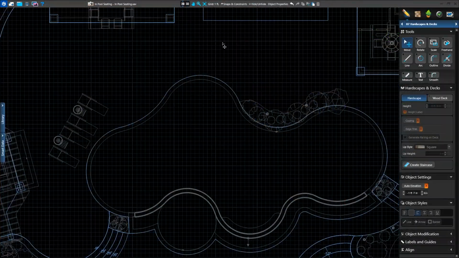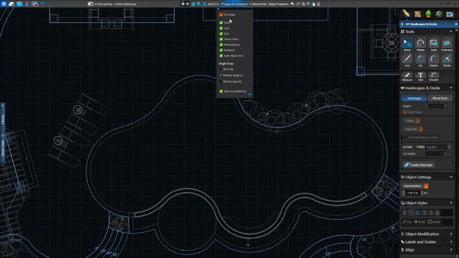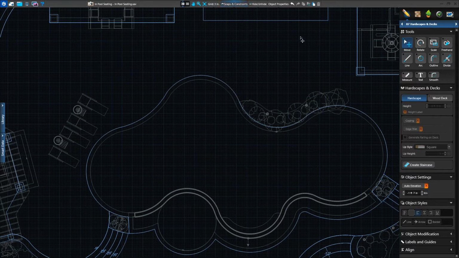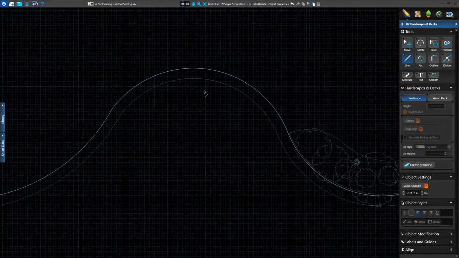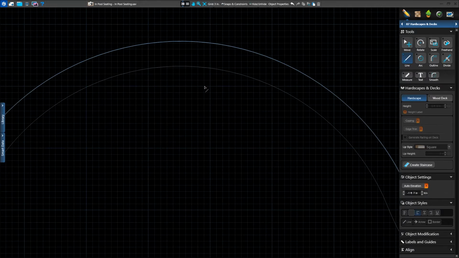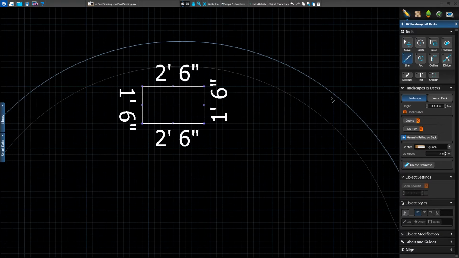We'll start by designing in the hardscapes and deck stage. We'll be drawing smaller shapes, so we'll set our grid to 3 inches. We'll also make sure all of our snaps and constraints are turned on. We'll create hardscapes inside of our pool. As long as the hardscapes don't touch the edge of our pool shape and are contained fully inside, they'll appear